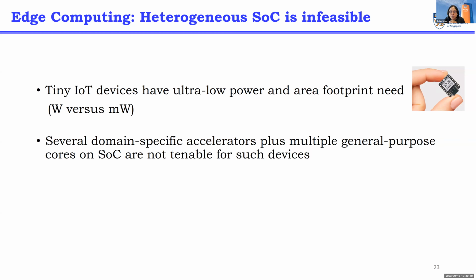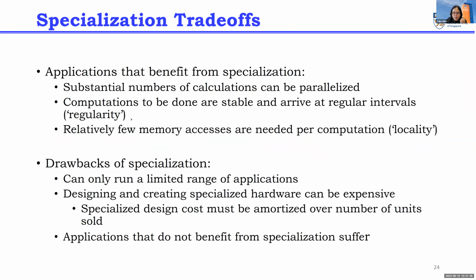So what we need is something that is not a complex system with many different accelerators. But then the question is, can I actually have just one accelerator that would be able to support multiple such systems? So let's look a little bit carefully at the trade-off between specialization and